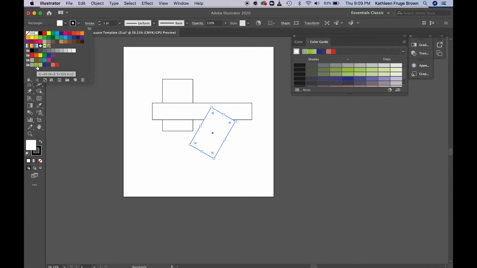And I can pick for its fill, for the fill of that shape, that green that I put into my triadic color scheme. And over here, the color guide is keeping up with me and saying, oh, if you want a tint or a shade of that, you could grab that too, and you could add them to your swatches up here. It's very, very easy to add, obviously, and the color guide is going to continue to give you ideas for doing that. Just make sure, if you're using a triadic color scheme, that any gradients you use are